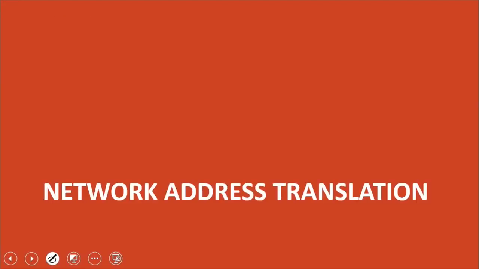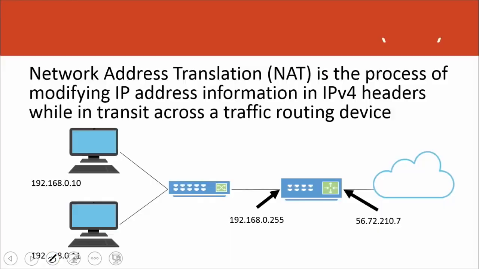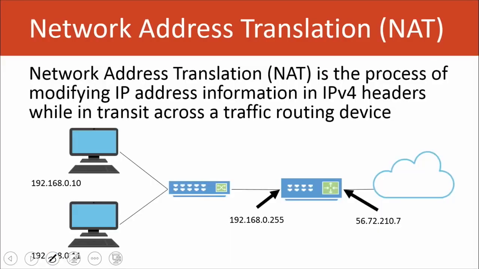All right, network address translation. Let's go ahead and move on and talk about how public and private addresses really function and how they work out in the open, out in the wild, if you will, right? Network address translation is simply the process of modifying IP addresses while in transit across a traffic routing device. So what happens here is that